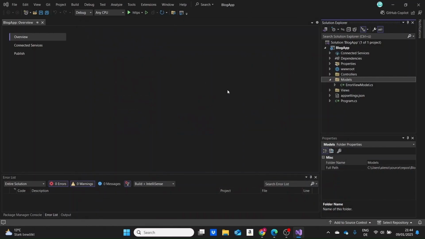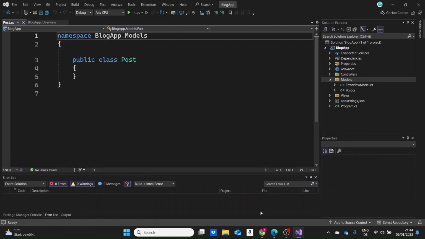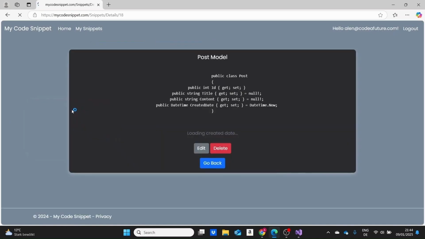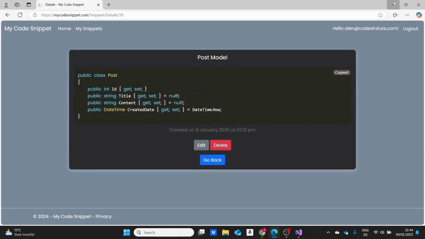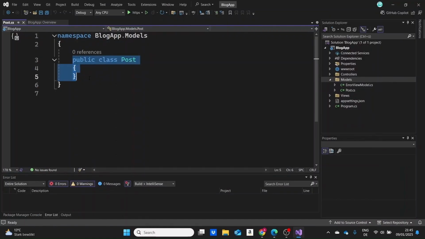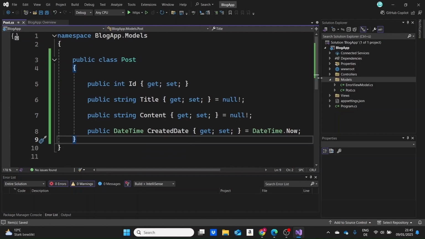Click on add, and just for simplicity, I have already created this class. I have stored it here before with just a few properties for the ID, the title, the content of the post, and for the date when it was created. Let me just copy this, paste it right here, save it,